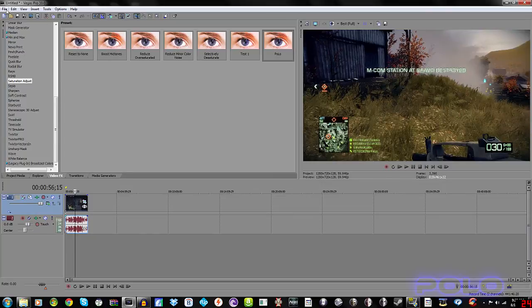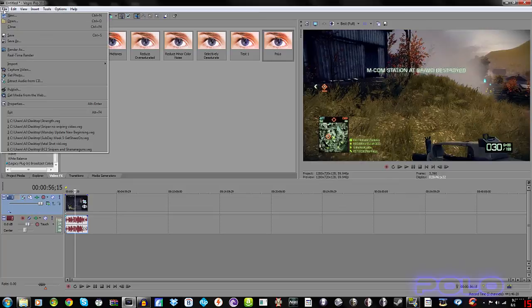Now I know a lot of you guys are like, oh, just one of the render settings, but it's the entire process. You have to get the entire process right in order for your end result to be the best it can be. So your capture settings have to be good, your project settings have to be good, your color correction has to be good, and also good render settings. It's not just render settings, and a lot of people get that confused. But now that we are ready to render,